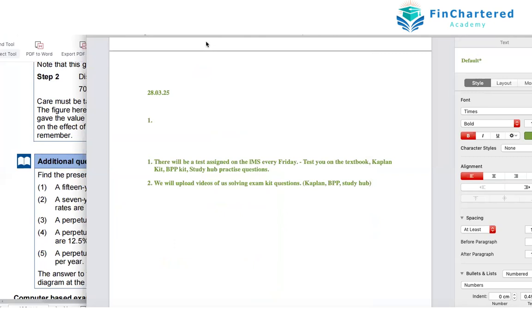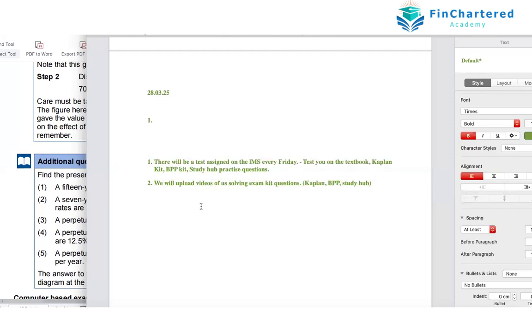Because I would want somebody to score a rank in this batch. I don't know who that person is, but I want one rank holder. So the first thing is to understand the concepts well, which I hope we are doing. But the second thing is, from day one, enough practice. I hope this is clear to everybody.